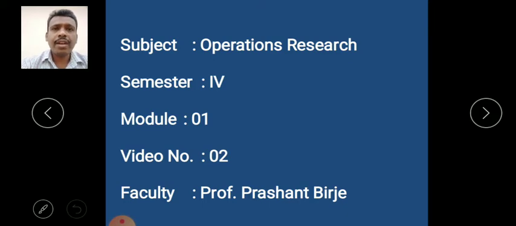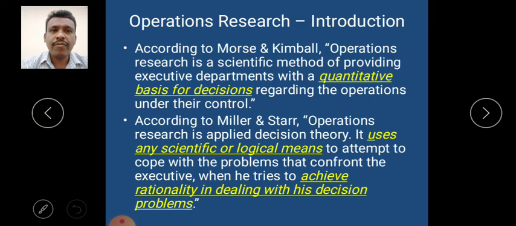But later, after 1960, you can see that the benefits of this were seen by industries and it was employed in various industries. In industries, it is used in various purposes. We shall see its application in industries in the coming slides. So, before we go into the applications of operations research, let us see what operations research is, how the various researchers define operations research as.